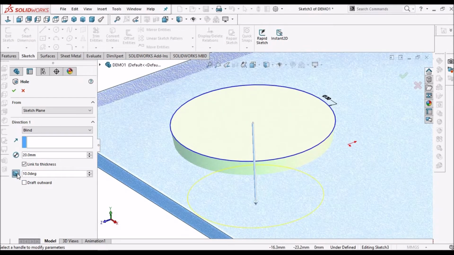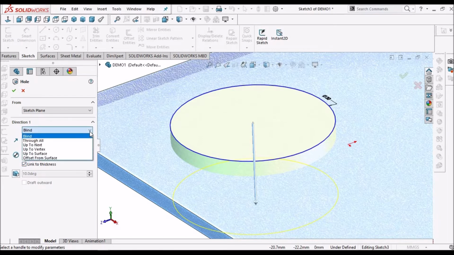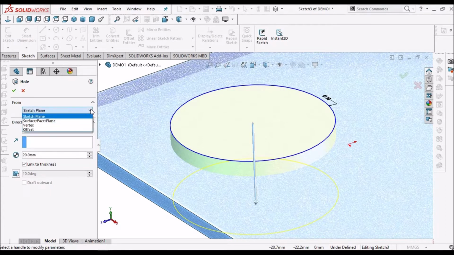So rarely we use this option, and we have to always check the option linked to thickness. And there are many options similar to solid modeling hole feature, like through all, up to next, up to vertex, up to surface, and even for plane also.